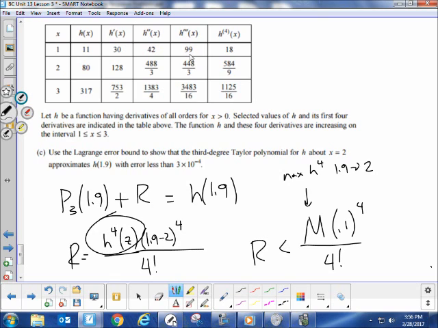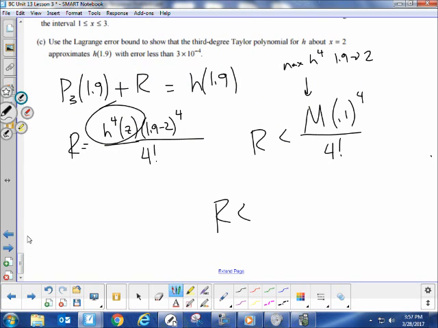So let's see, 448 over 3 is 149. So we're increasing here, we're increasing here. Well, this is the fourth derivative, so we need to be increasing 18 to 584 over 9. And since we are increasing, that means the derivative at 1.9 is going to be less than the derivative at 2, and the derivative at 2 is going to be the max derivative that I can take. Most likely this value, this r, is not going to be this, but the max derivative it could take would bound my r's value. So I can actually just say my r has to be less than 584 over 9